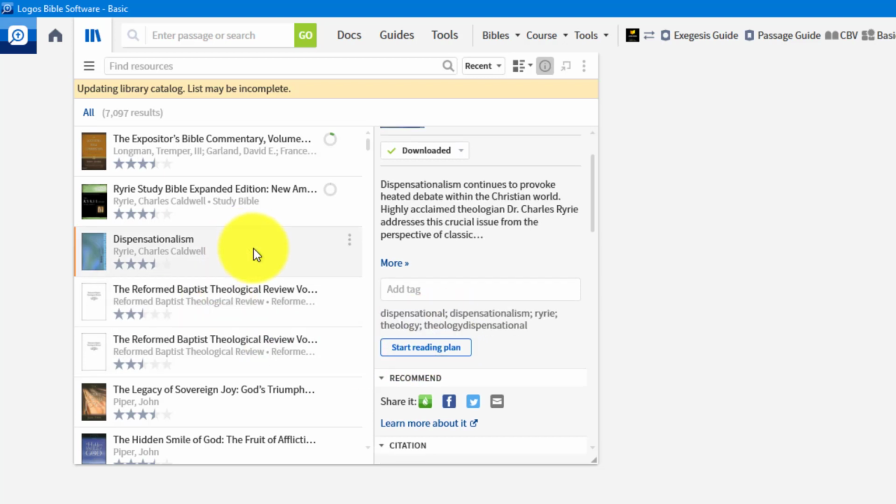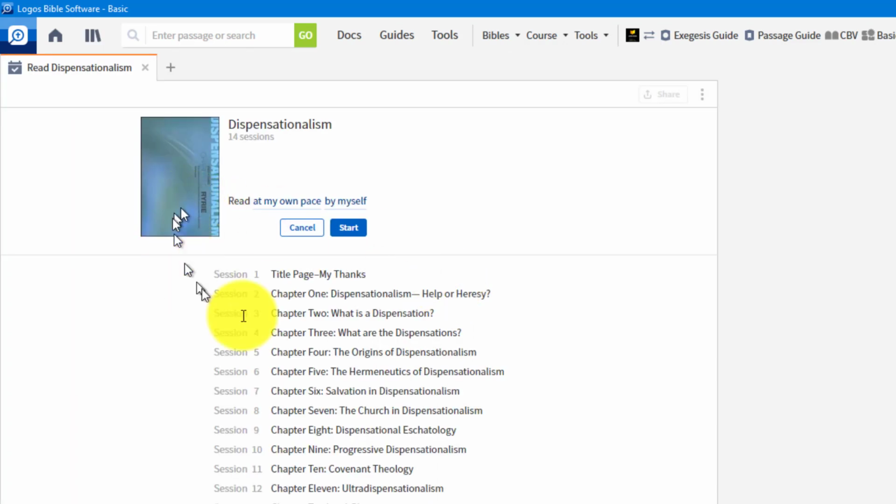So maybe I would rather read this book right here. It's a monograph by Charles Ryrie about dispensationalism. And that's a lot shorter than the whole Bible. So we hit start reading plan. It's going to open up a reading plan, and notice it creates it on a monograph, a regular book, just by chapters. So you read title page and the thanks for the title 1. Now, that's not the best idea, because most people are going to skim over that stuff. But session 2 is here. So you can actually start the reading